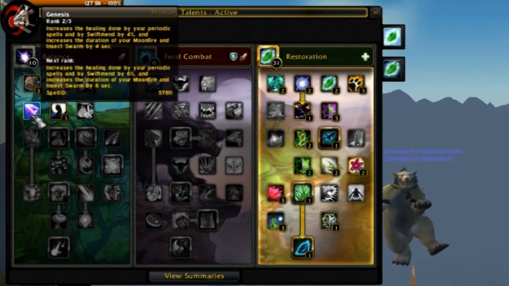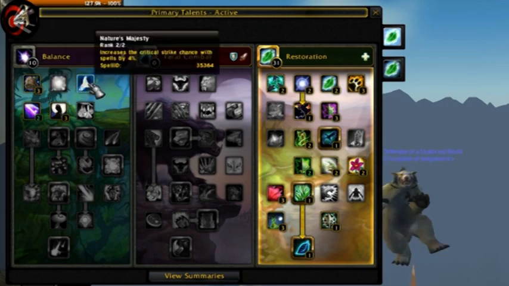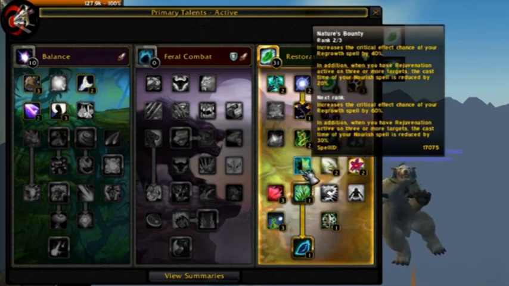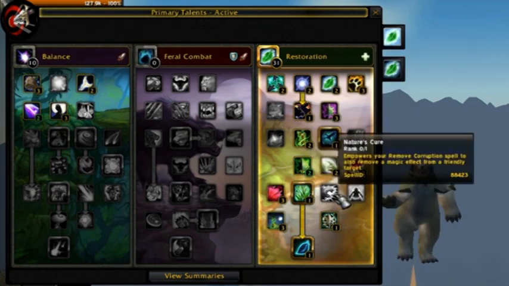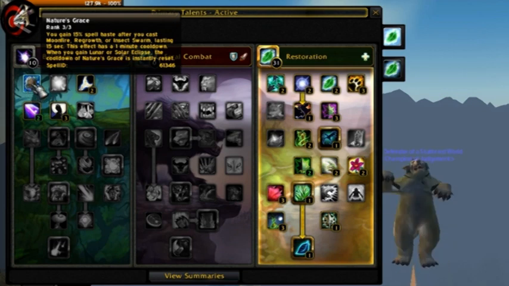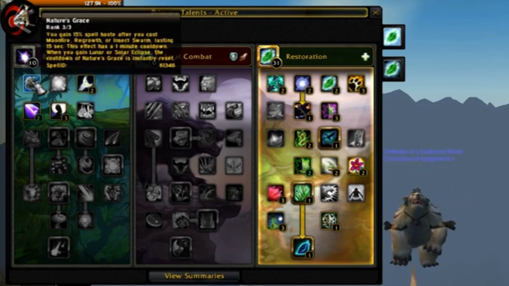These spells, Nature's Grasp and Nature's Majesty. Nature's Grasp, Nature's Majesty, what is it? Nature's Bounty, Nature's Ward, Nature's Cure. What am I, a freaking tree hugger? Yeah. Anyways, Nature's Grasp just gives you 15% haste, and Nature's Majesty gives you 4% crit. Really not that great of talents, but really it's getting you to these talents, which is what you really do